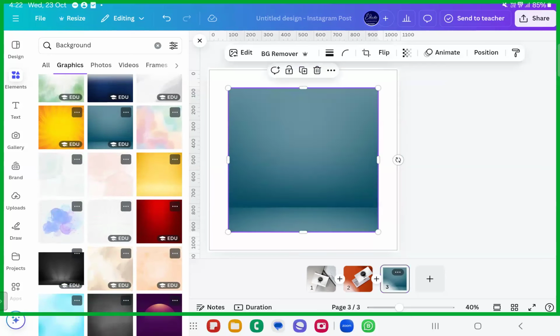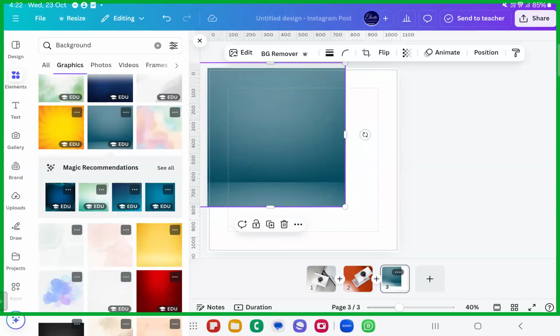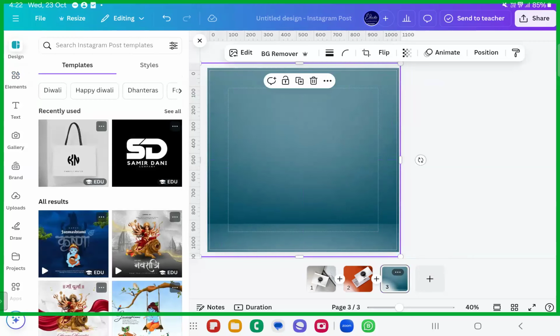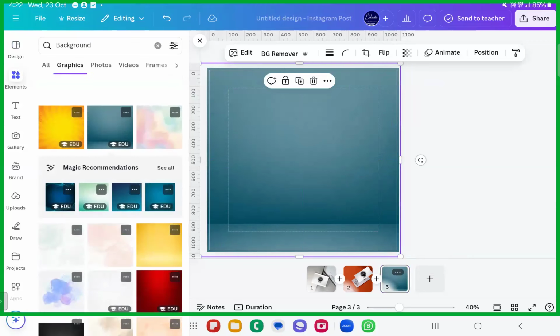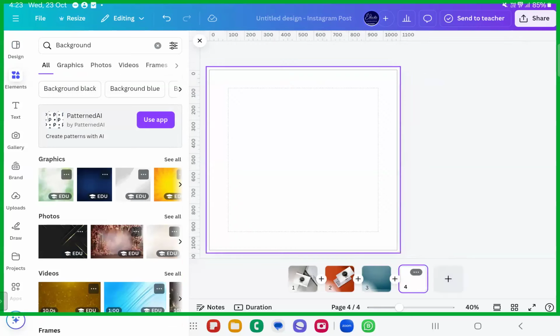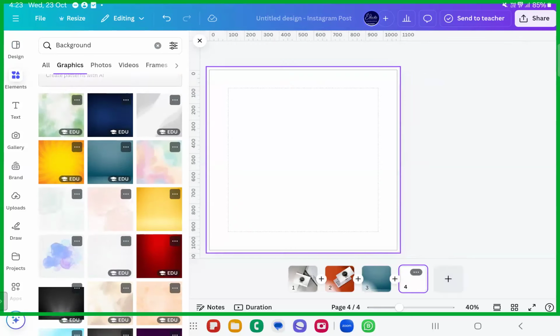Okay, something like this if you want. You can place this up. Any backgrounds. Okay, now grab your frames. Where are the frames and the elements itself? You will have the frames that we have used recently. Any frames. Or I'll show you with different backgrounds first, and then we will go ahead with the frames.